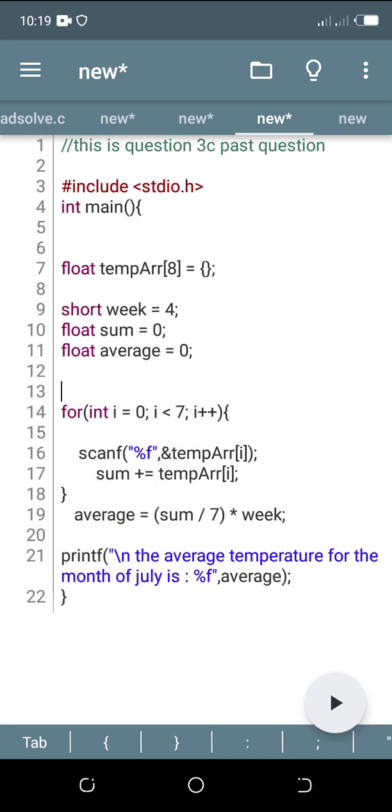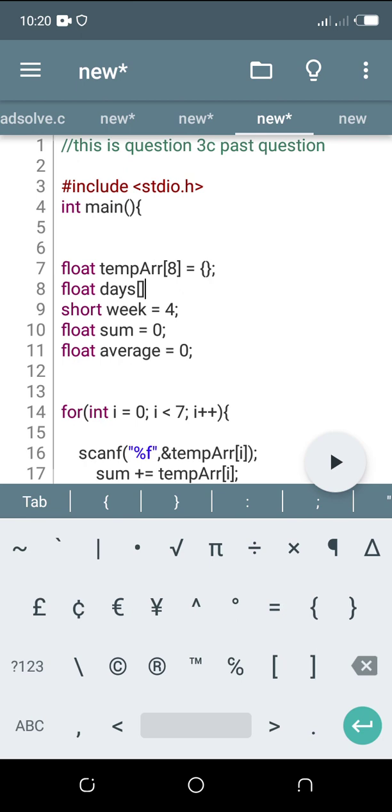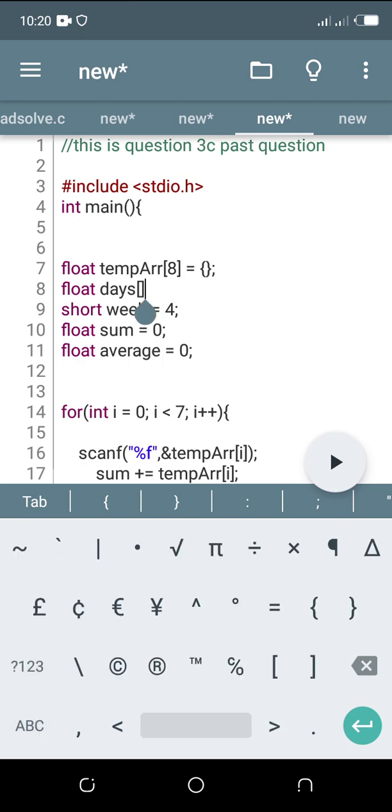There's one more thing I love to do, which is to create another array. I'll say char, and then I'll say days. This time I want to create, in line 7, this is an array of numbers. You can see I'm putting those temperatures in here, but this time I want to create an array of strings. You don't create an array of strings the same way you create an array of numbers. For an array of numbers, you just do a single opening and closing square bracket, right? But for strings, you do double. So in this case, I'll say